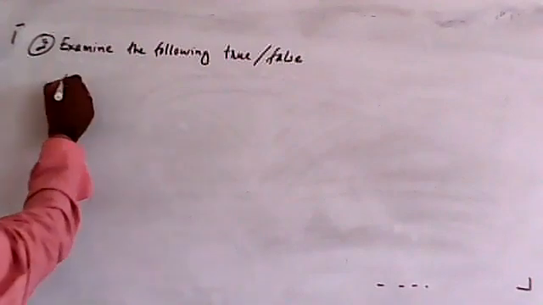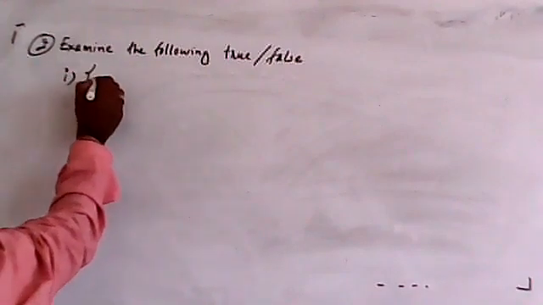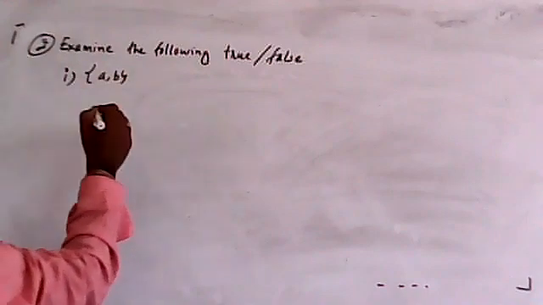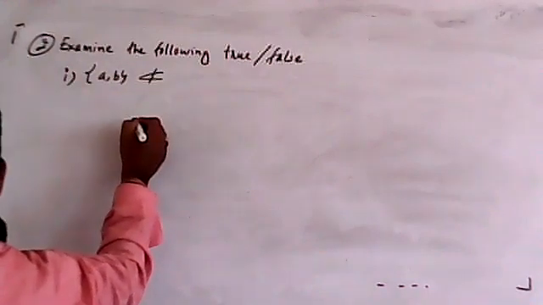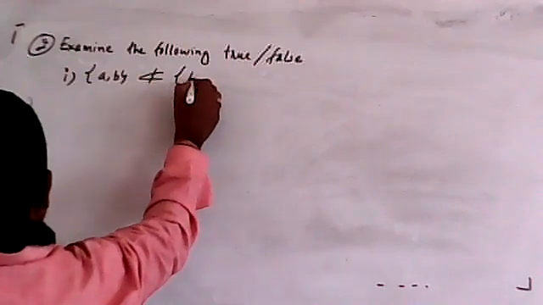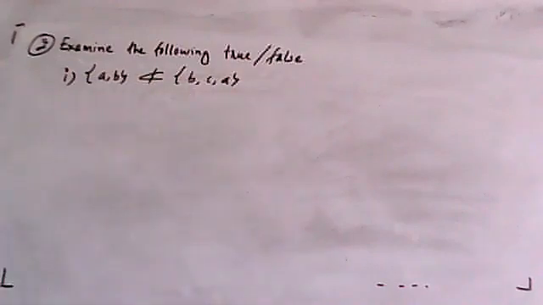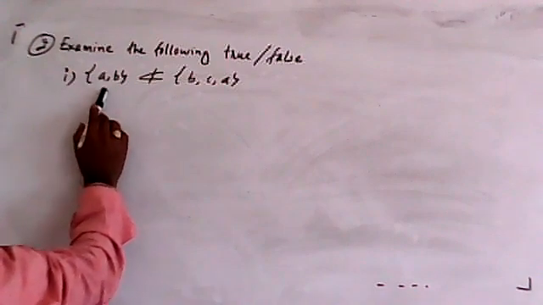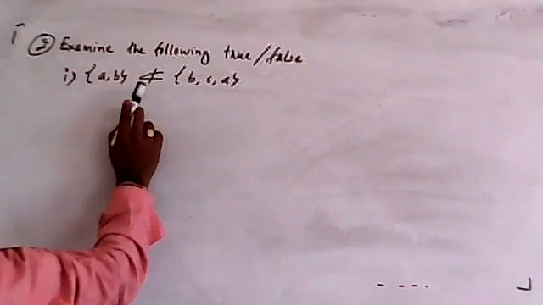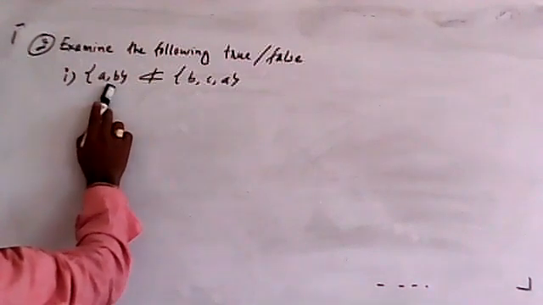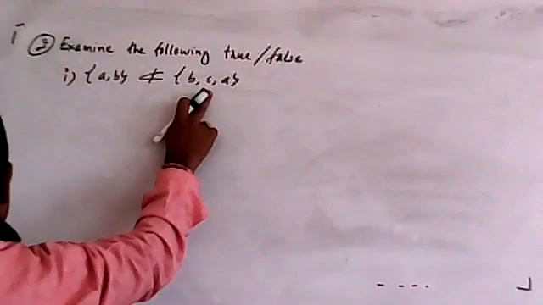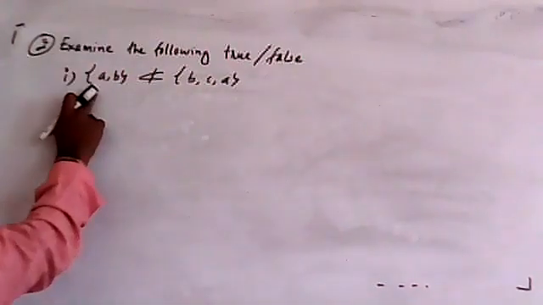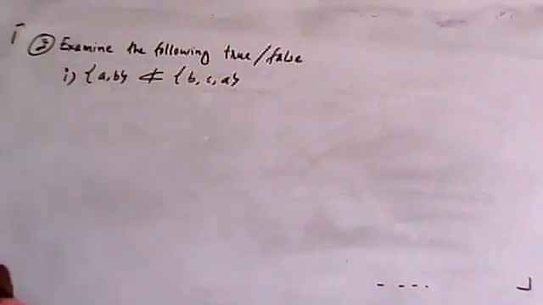So first one, the set having the elements A, B is not a subset of the set B, C, A. You check the definition. Definition tells that if all elements of the first set are present in the second set, then the first set is a subset of the second set. But here A, B are there, here also A, B are there, one more extra is there. Then this set must be a subset of this, but they have given that it is not. It is false.